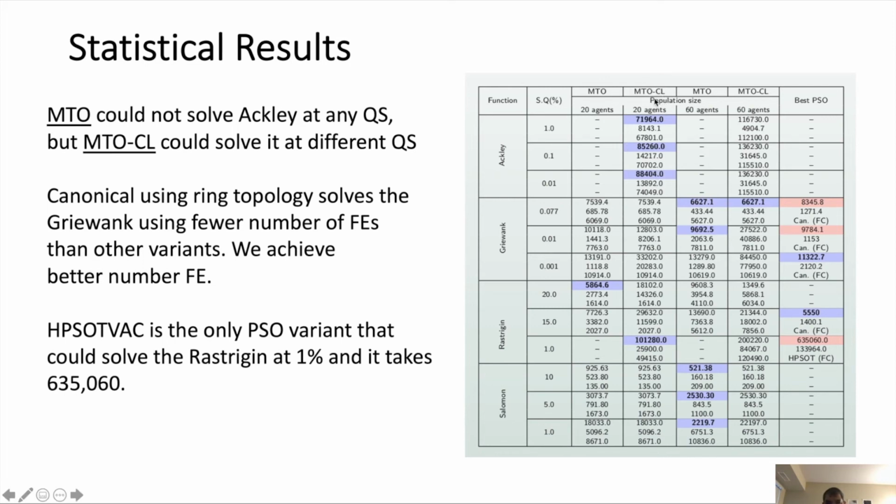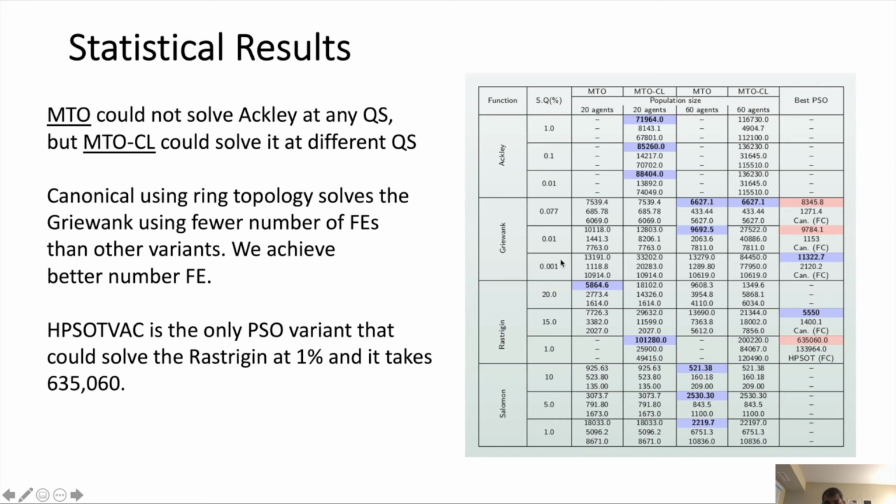And as we can see here, the MTO with climate change, CL, can solve the problem. In the second one, as we can see, we achieved better performance than the best PSO variant, except for when we